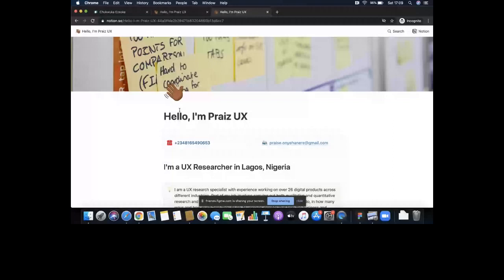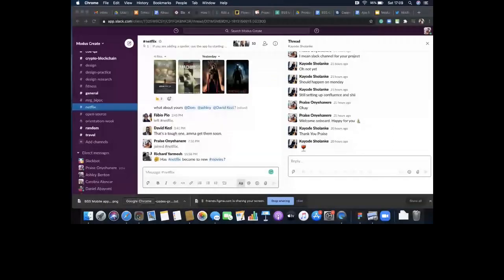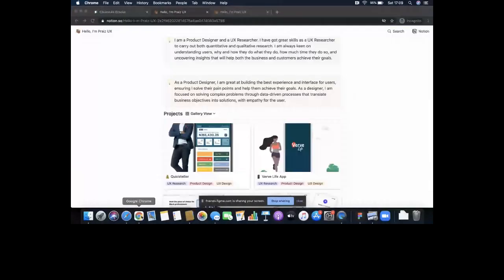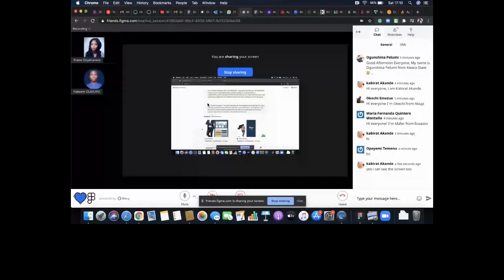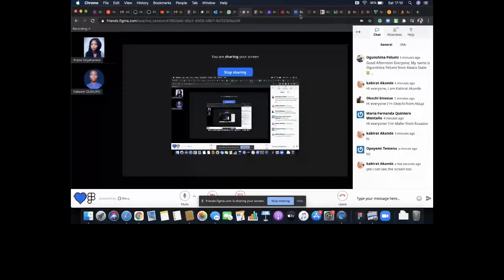Some persons have their bias about Notion, but it's something you can use pending when you want to finally do that great portfolio you're looking forward to.